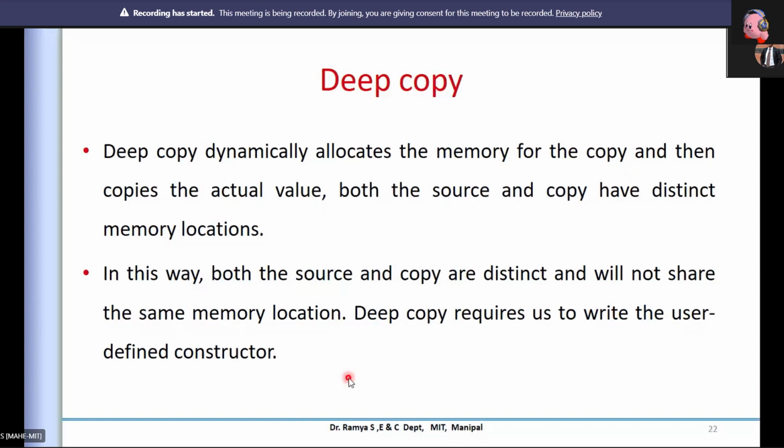The deep copy refers to where you use your user defined copy constructor. It allocates the memory for a copy and then copies the actual value, so there is a placeholder for both objects. Separate copies exist, so the source and the copy each have a distinct place. That is what deep copy refers to.